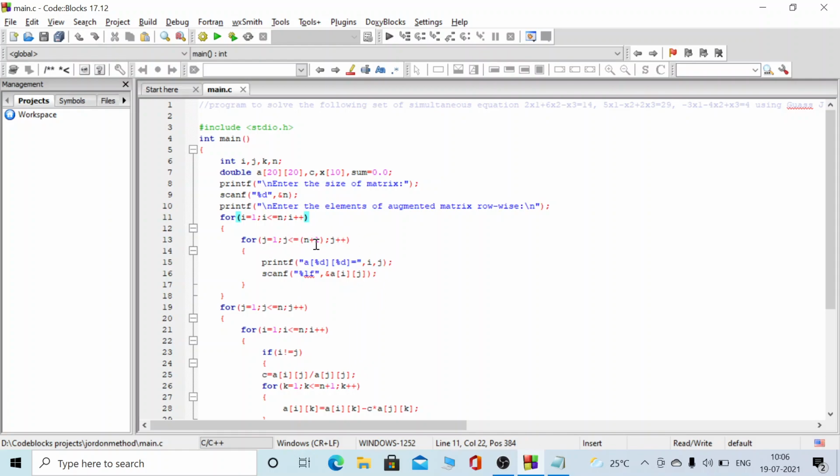When this condition becomes false, it will come out of the loop, i is incremented, and this process is executed until i is less than or equal to n, so that the matrix elements get into the system. So this is the statement used to enter the elements of the augmented matrix row wise.